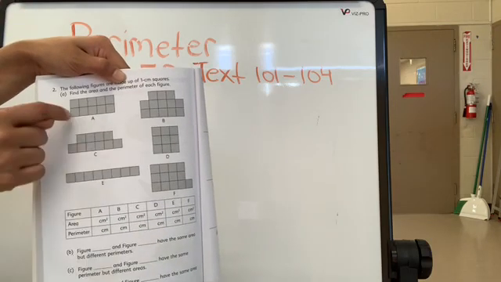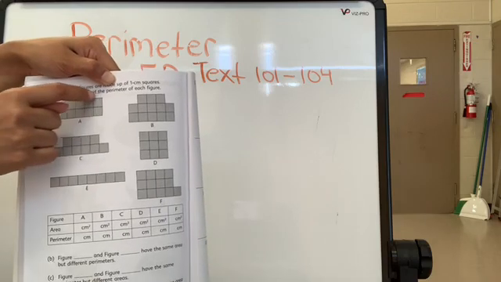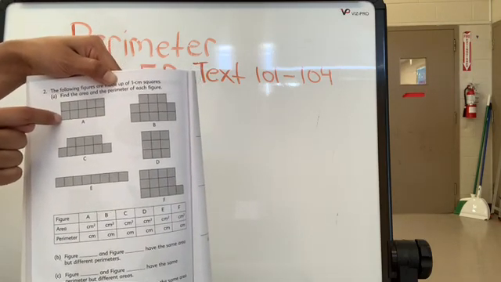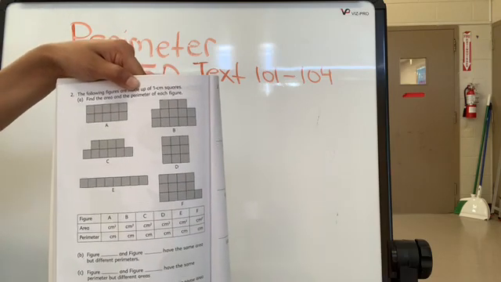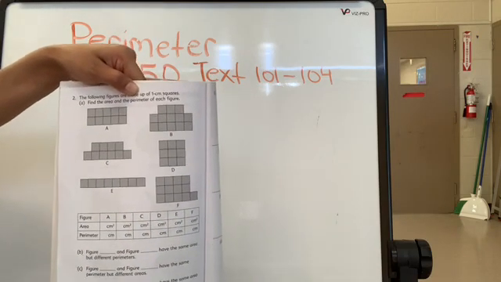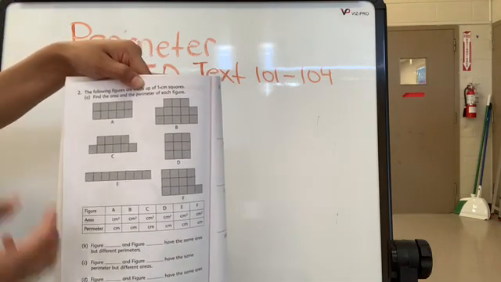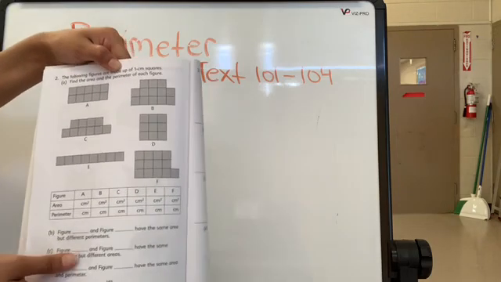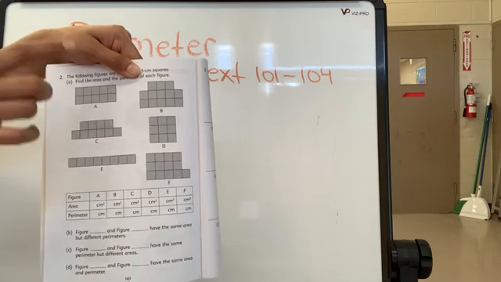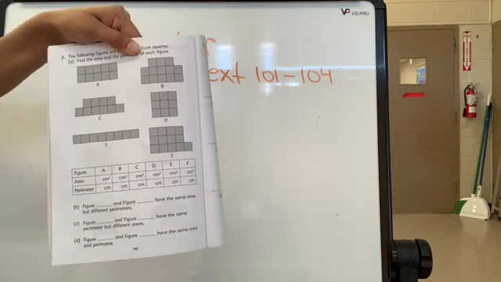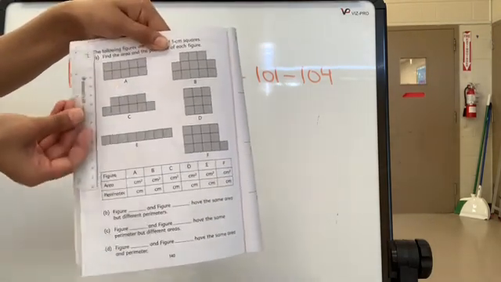But the perimeter is the distance around the whole thing. Okay, all the way from here, all the way back again. Does that make sense? Whereas in area, we're just counting how much space is it taking. So space and distance. Perimeter is the distance around the whole thing. Area is the space it's taking. Does that make sense? So for area, we are counting our squares. For perimeter, we are using a piece of string, or even you can use your ruler and you can measure